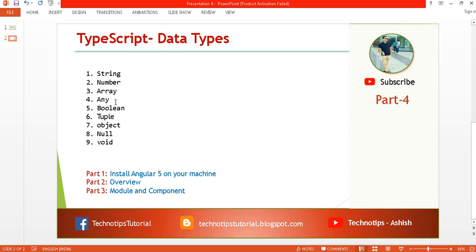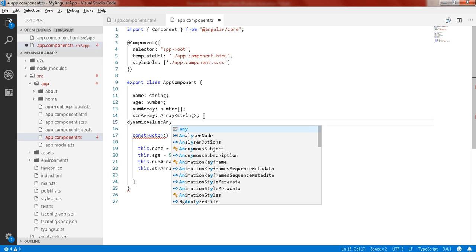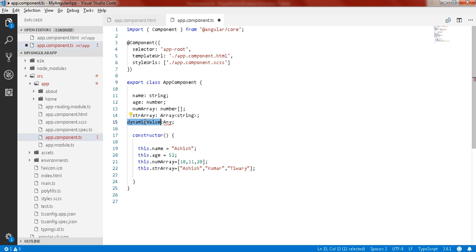That is any. Any accepts any value. This is the universal type, you can say. So let's say dynamic value, I just give it a type any, with a small any, and use value equal to, you can assign either a number